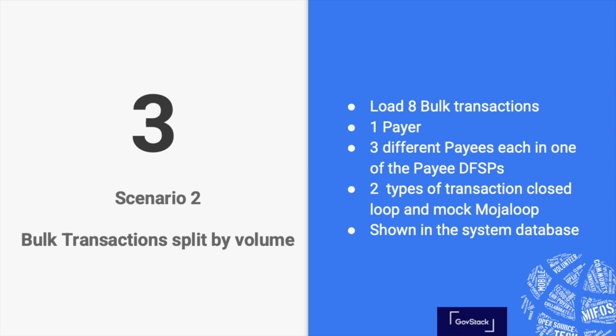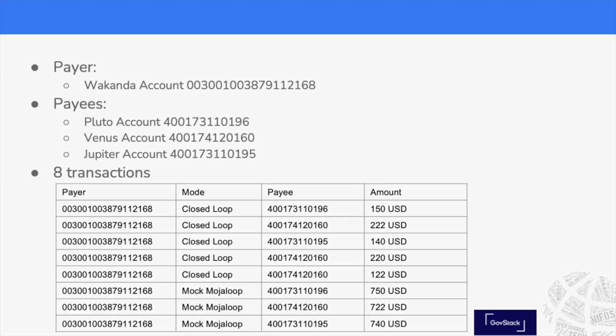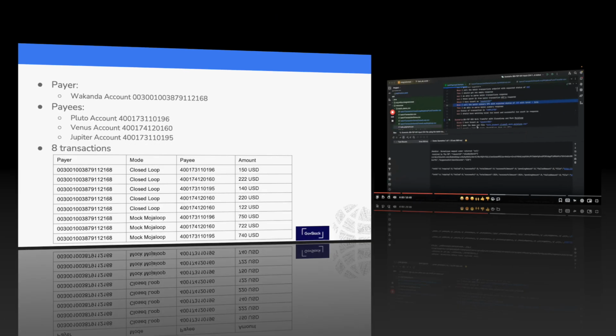So in this second scenario, what we're going to show is bulk transactions, this time split by volume. So the 8 transactions will be split into 2 batches. And we're also going to show transactions both by closed loop and via the Mojaloop stub. Moving on,